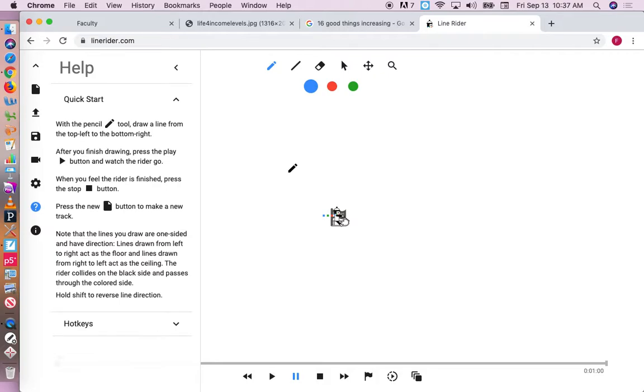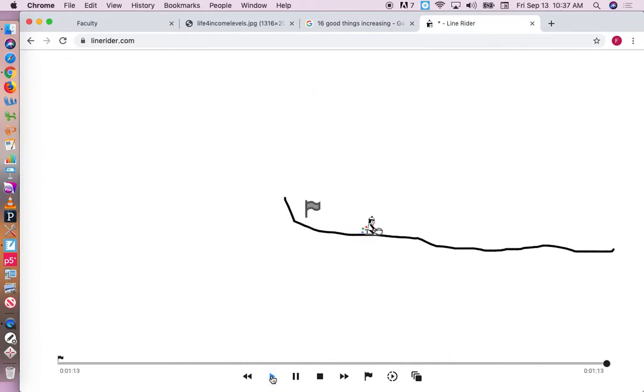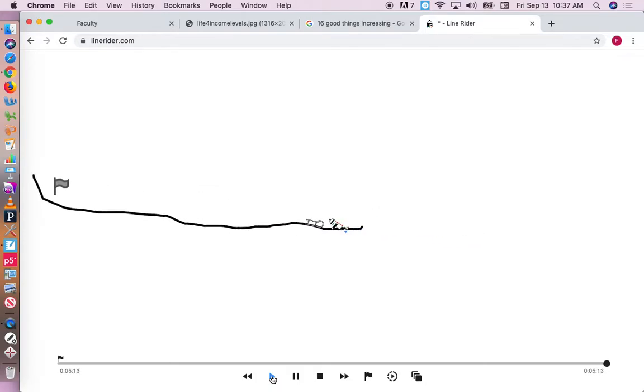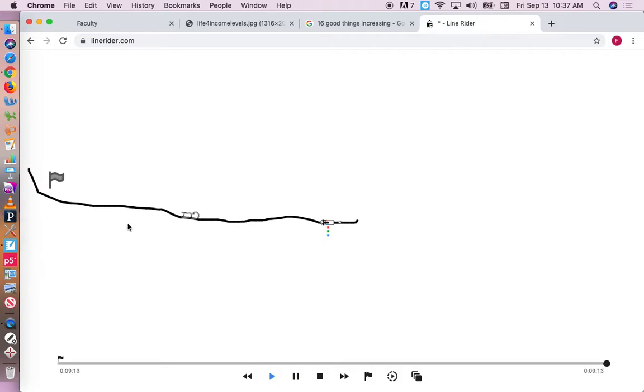Right, so here's a little person on a sled with a scarf. That's what that is right there. So we're going to give him a little track. Okay, so